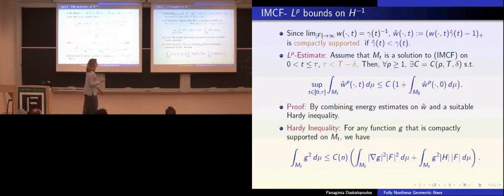Okay. And once you have this, you combine the energy estimate with the Hardy inequality, the right Hardy inequality, which states this: if you are in a complete non-compact manifold, and you have a compactly supported function G,